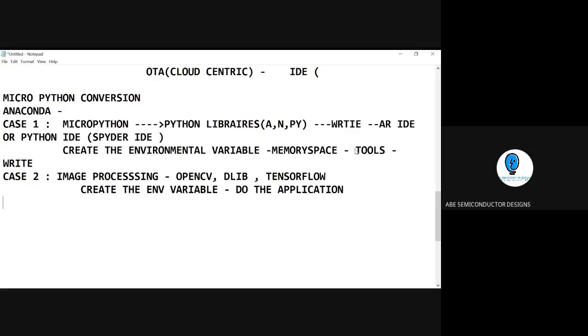If you don't do that, let us assume a case 3, you need all the things. Suppose you need Python, OpenCV, or Dlib, or even YOLO, whatever the case. If you don't create an environment, you can't build a good application because everything will be scattered in different places.